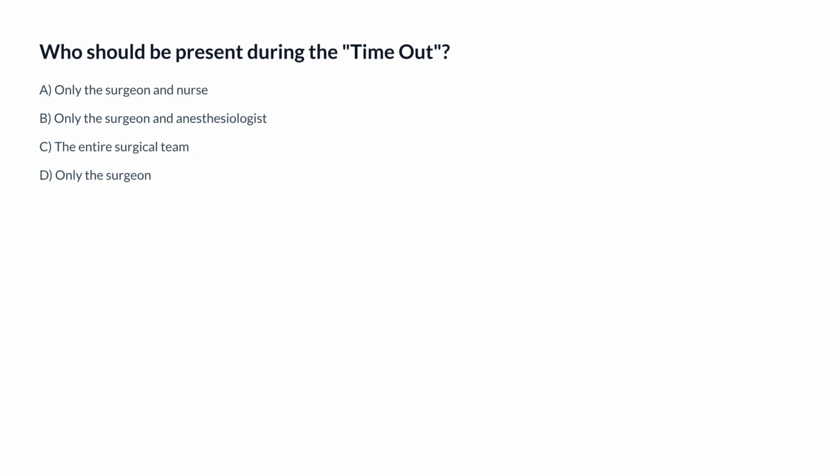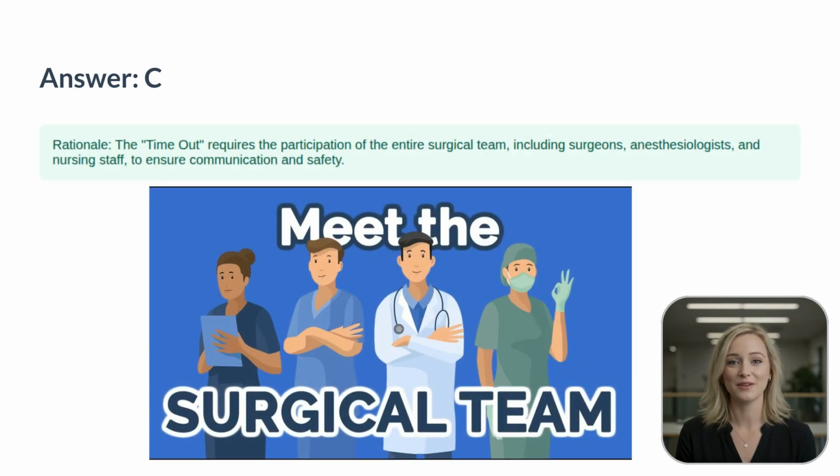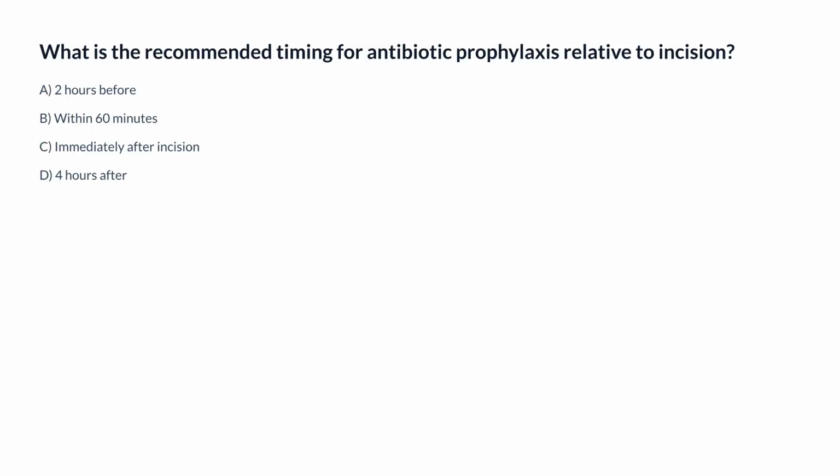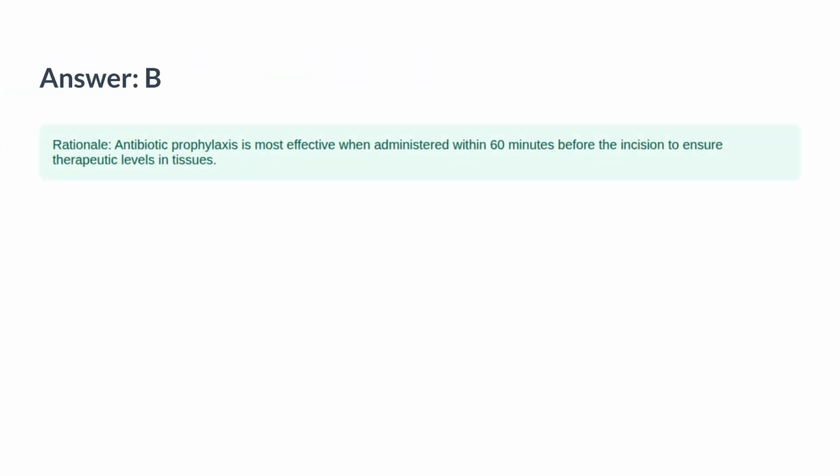Who should be present during the timeout? The correct answer is C, the entire surgical team. This includes surgeons, anesthesiologists, and nursing staff, ensuring comprehensive communication and safety. What is the recommended timing for antibiotic prophylaxis relative to incision? The answer is B. Antibiotic prophylaxis is most effective when administered within 60 minutes before the incision to ensure therapeutic